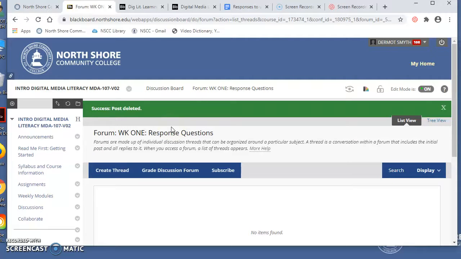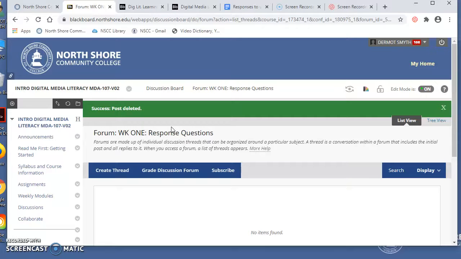Because it's that mode, it means you cannot edit your own work. As soon as you submit it, boom, it's done. So if you make a mistake with the formatting, just email me and let me know, and I'll go in and fix it for you. But don't add a bunch of different entries because I've seen it happen before.